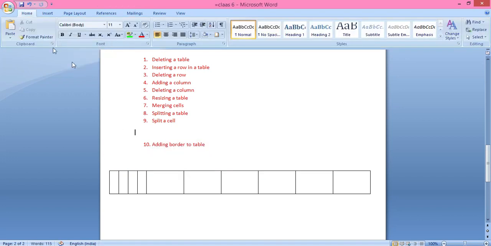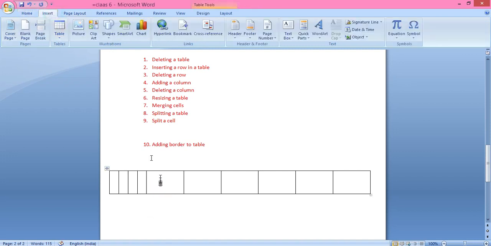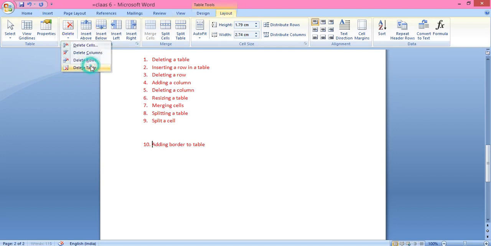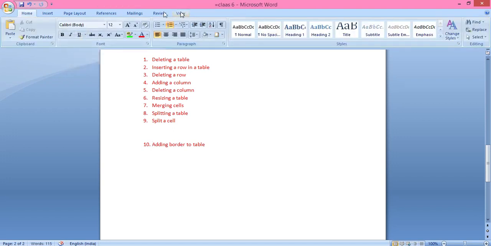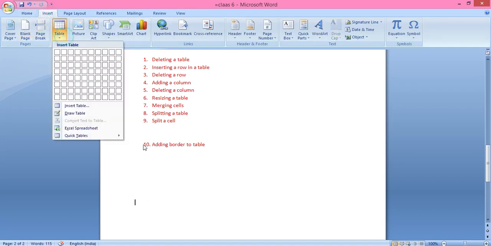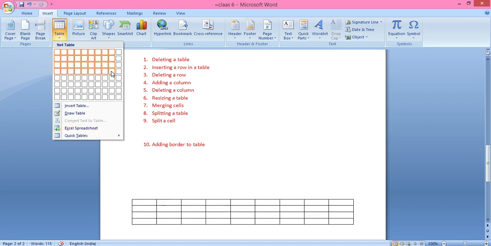Delete table. How to use split, let me show. Go to the Insert button and create a first table. I have created this table.